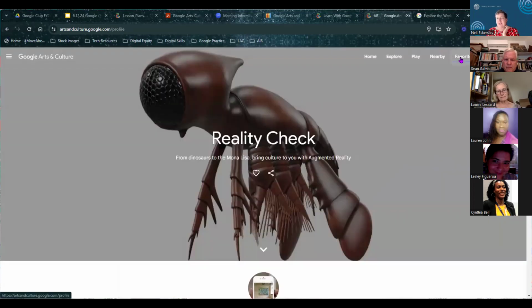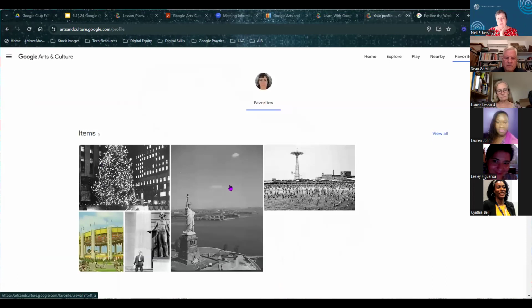And then favorites, this is what I was saying earlier. So as you go through and you find images that you like, you can heart them, and then they'll come into this view. And when I was looking for activities online, that was step one. And step two was that you were able to take subsets of this and put them into a gallery and basically create galleries that you could share. And I don't see how to do that anymore. So I don't think that that is available anymore. But you certainly